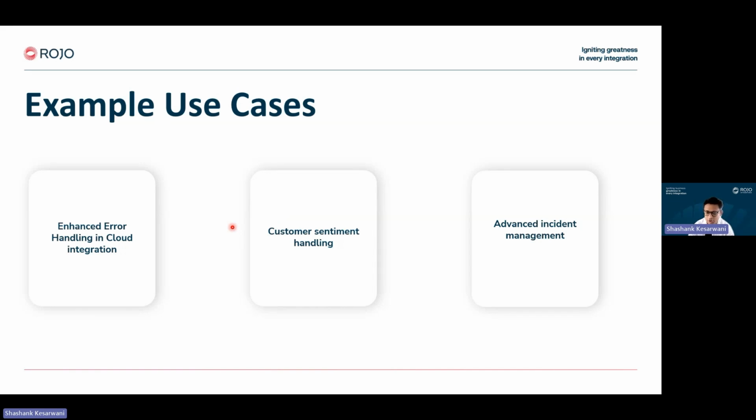A lot of organizations can already improve their scenarios, so they can use the AI adapter to connect to OpenAI or the SAP GenAI Core Hub to query about the exceptions that they are encountering in their integration scenarios and use that information to create credible Jira tickets and send out email notifications to the right stakeholders. This is something that we would also see in the demo, but some other sample use cases are customer sentiment